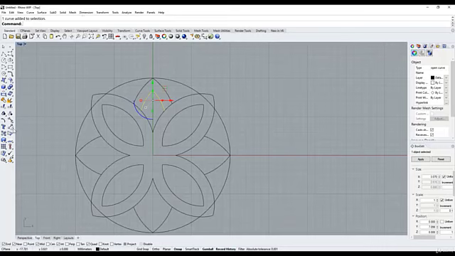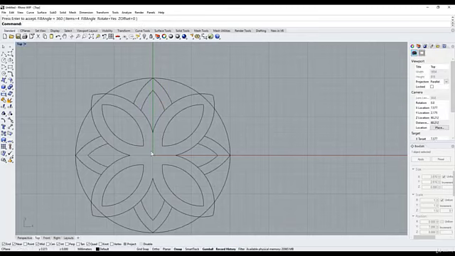I'll select that and run a polar array from 0, number of items being 4, and we're starting to fill out our pattern a little bit more. So I think the last thing we'll do is we'll put a little diamond shaped shape in the center of